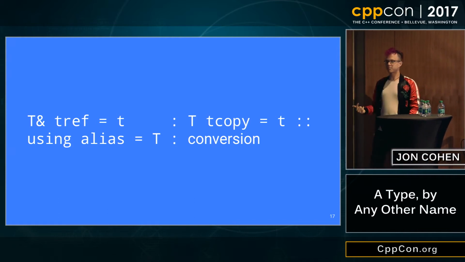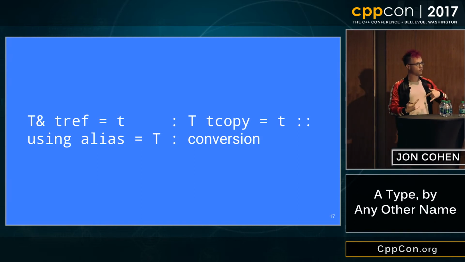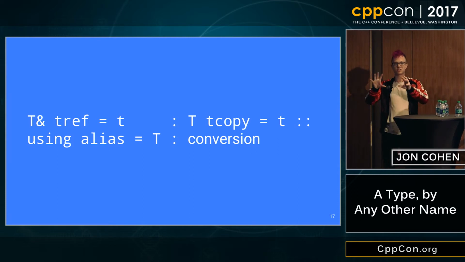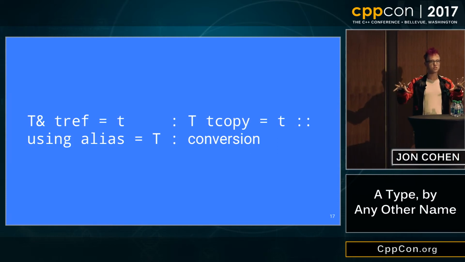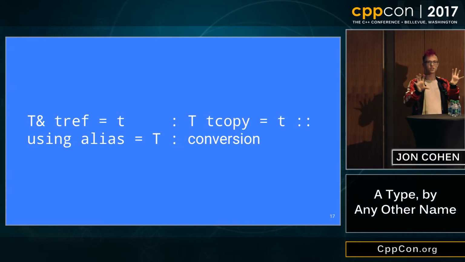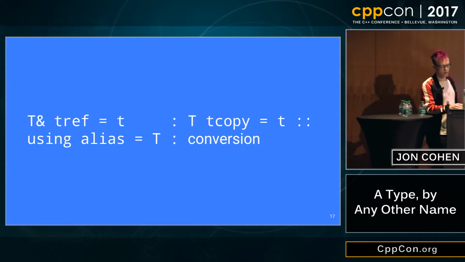If there are any math-minded people in the room, two types that convert to each other is kind of like two groups that are isomorphic. You still need to do a little bit of work to go from one to the other, as opposed to two groups or two sets or whatever that are fundamentally the same thing. There's a little bit of a difference between isomorphism and equality. So it's kind of like that.